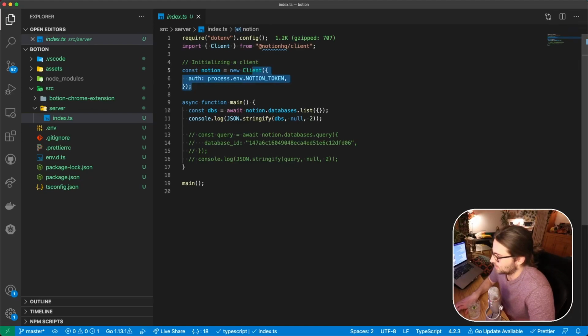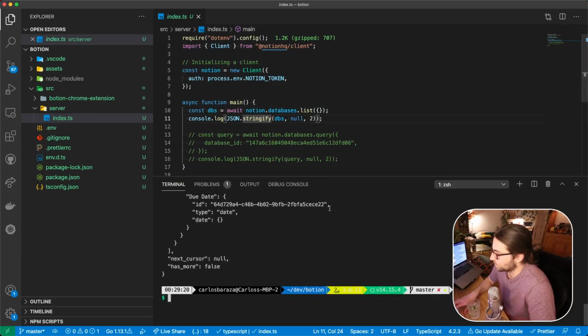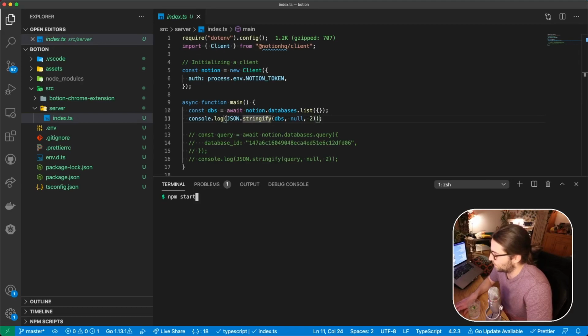So we initialize the client providing this auth token. And now it's very simple. The only thing that we want to do here is actually query Notion databases and then get a list of all the databases and just print that on terminal. So if I run that now,